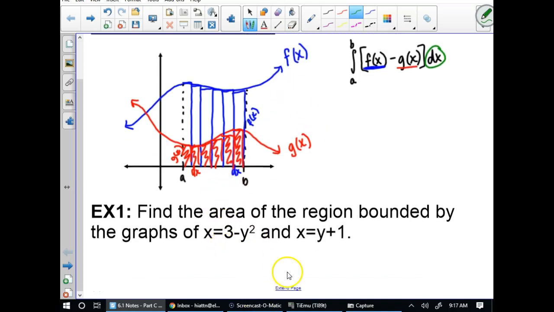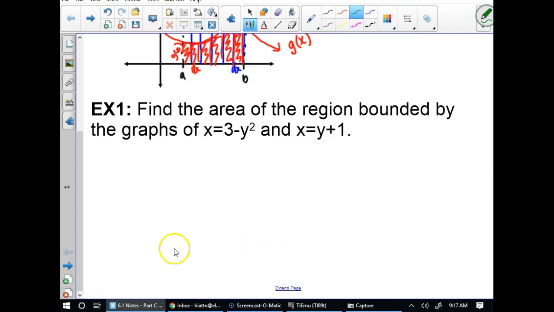So, let's look at the first example that I give you here. Okay. We are asked to find the area of the region bounded by the graphs of x equals 3 minus y squared and x equals y plus 1. So this is going to be a lot different than what we have thought of doing before. We've got to, first of all, graph these,